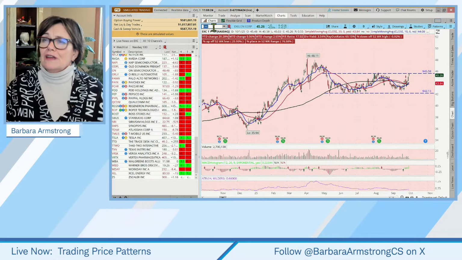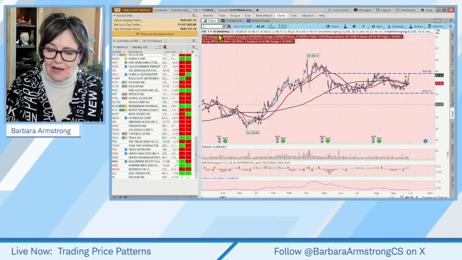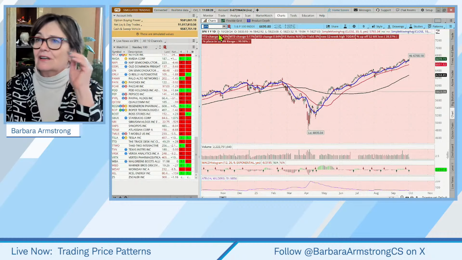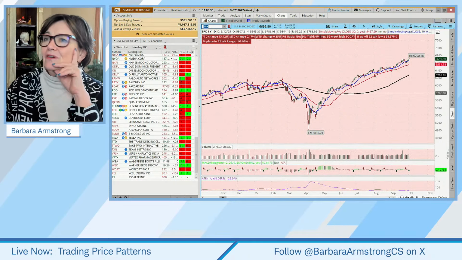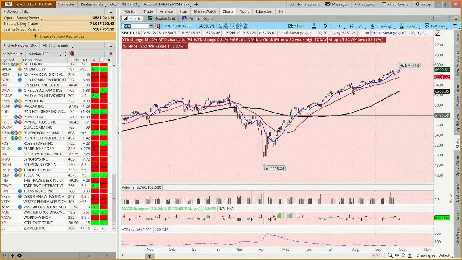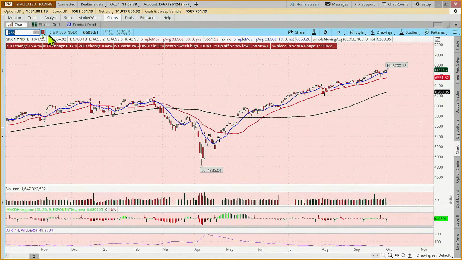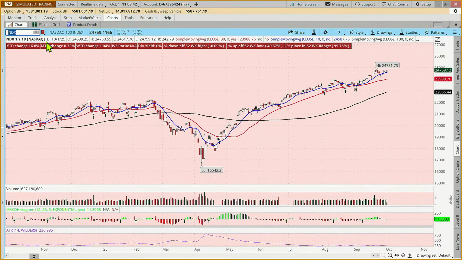Okay, so we are going to start by looking at the S&P 500. And, hitting a new all-time high again today. So it's hard to describe that as anything other than bullish, right? And then how about our NASDAQ? Well, we're not hitting a new all-time high, but we're within a short putt of it. So, NASDAQ uptrending as well.